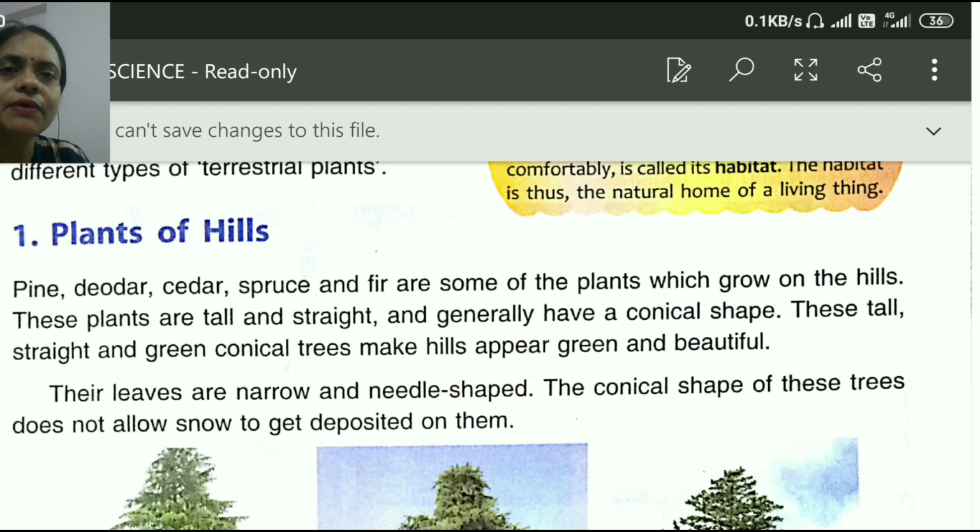Pine, devdar, kedar, spruce and fir are some of the plants which grow on hills. These plants are tall and straight and generally have a conical shape. These tall, straight and green conical trees make the hills appear green and beautiful.